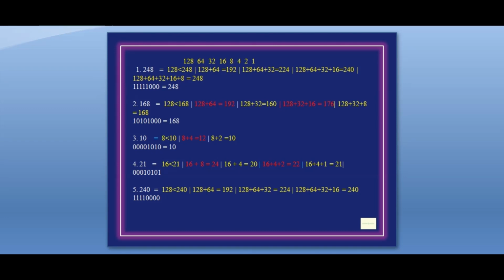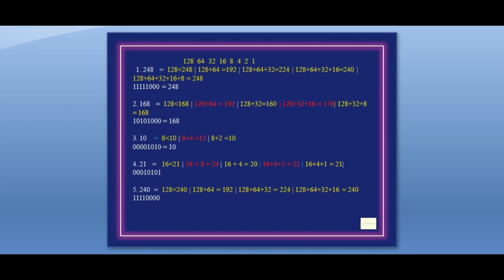Next is 168. Here 128 is less than 168, so place the value of 1 on 128 and move to the next bit, that is 64. 128 plus 64 equals 192, which is greater than 168, so we are going to place 0 on 64 and move to the next bit, that is 32. 128 plus 32 equals 160, which is less than 168, so place the value of 1 on 32 and move to 16. 128 plus 32 plus 16 equals 176, which is greater than 168. So place the value of 0 on 16 and move to the next bit, that is 8. 128 plus 32 plus 8 equals 168, which is the value we want. So lastly, place the value of 1 on 8 and the rest are zeros, and the binary equivalent we get is